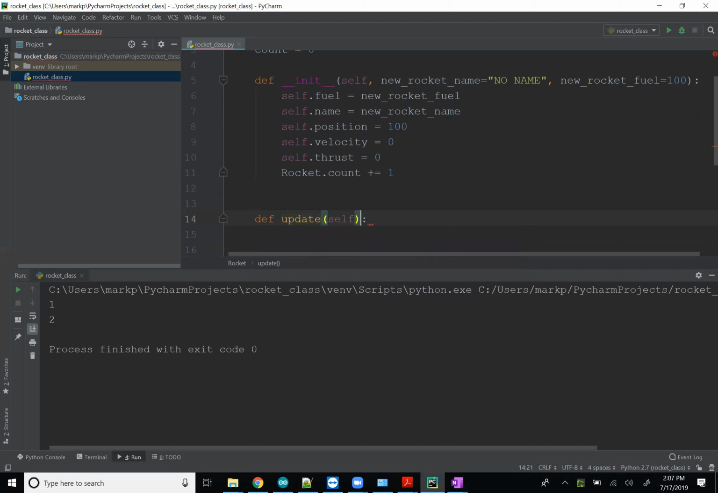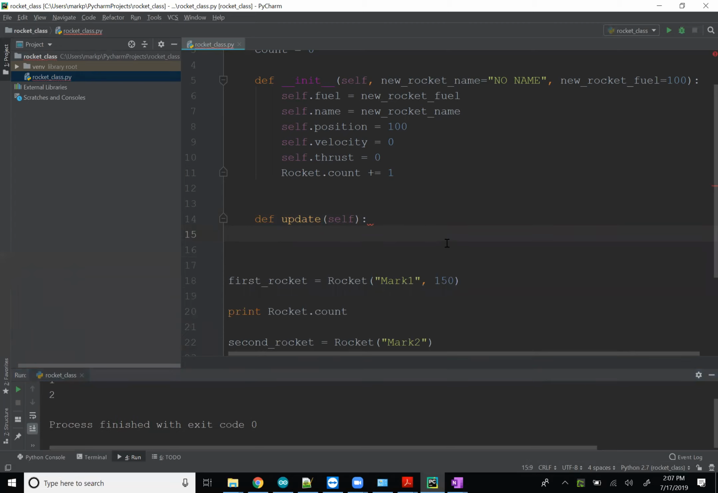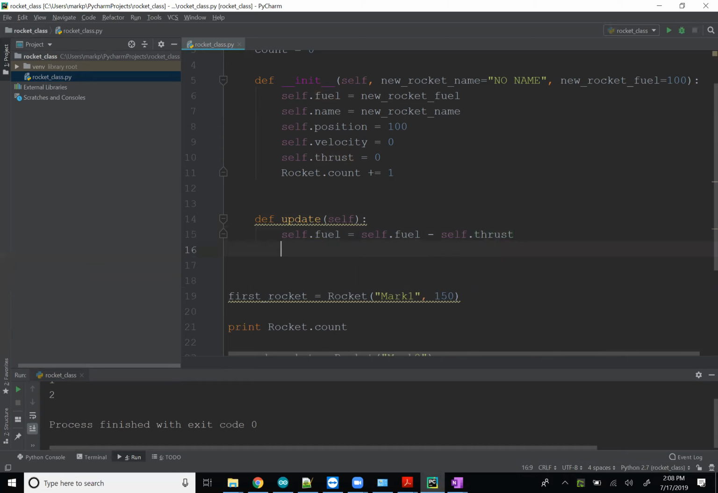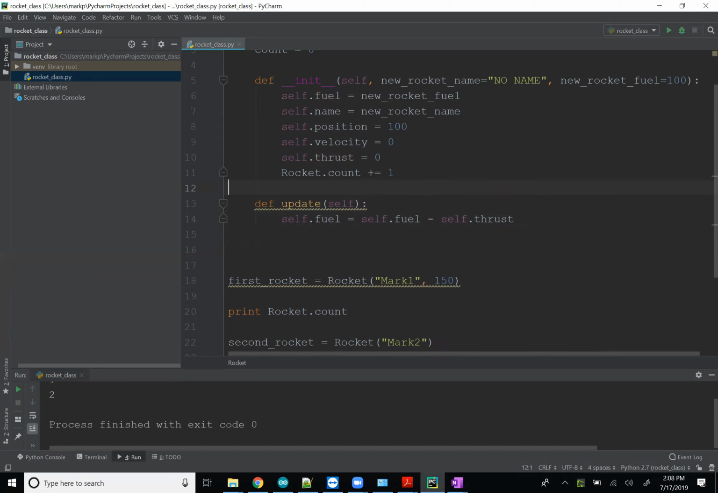And it automatically populates with self. Cool. So these formulas will look very familiar. How about self.fuel equals self.fuel minus self.thrust? Yes. And it automatically, oh, what am I getting here? Too many blank lines. Thank you, PyCharm. You're always watching out for me. And